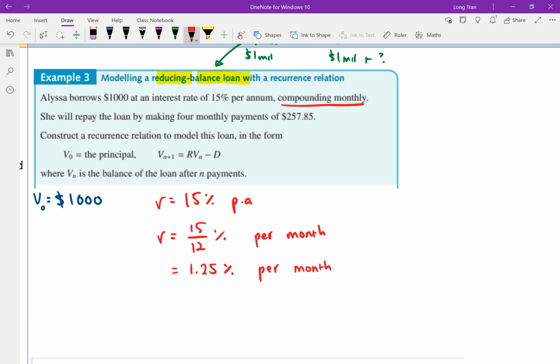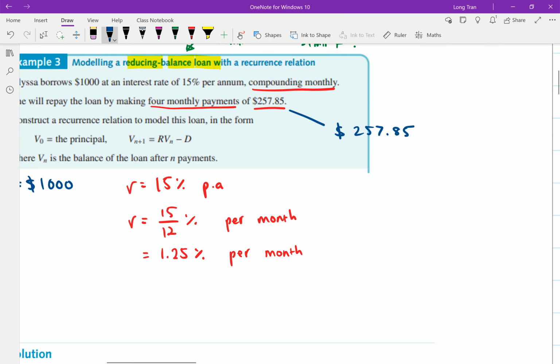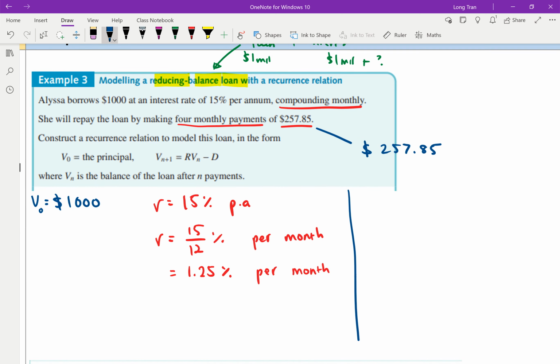Now, they said she will repay the loan by making 4 monthly payments of $257.85. So every month she's paying back $257.85. That's a monthly repayment. So when they say construct a recurrence relation to model this loan, this is just starting off so that you understand. In the first month when she first borrowed, she doesn't owe anything but just $1,000. After a month,